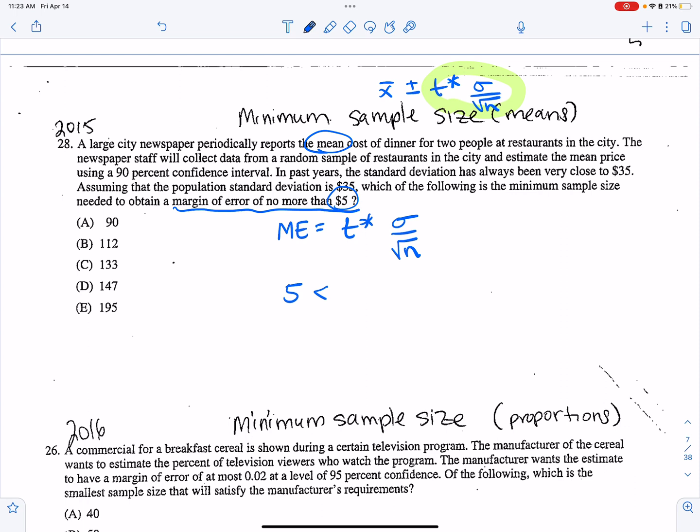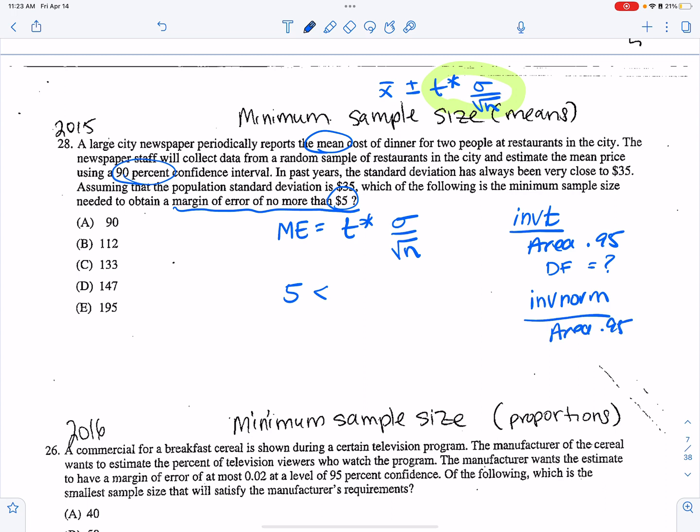So I'm wanting 90% confidence. To do 90% confidence, I inverse T, area 0.95, because remember my middle 90 has my tail of 95, and the degree of freedom, of course, we don't know because it's n minus 1. And so what we're going to end up using is, since we're doing a 90%, an inverse norm, since we don't know this, where we use area 0.95 and mean 0, standard deviation 1. Okay, and that's going to get us